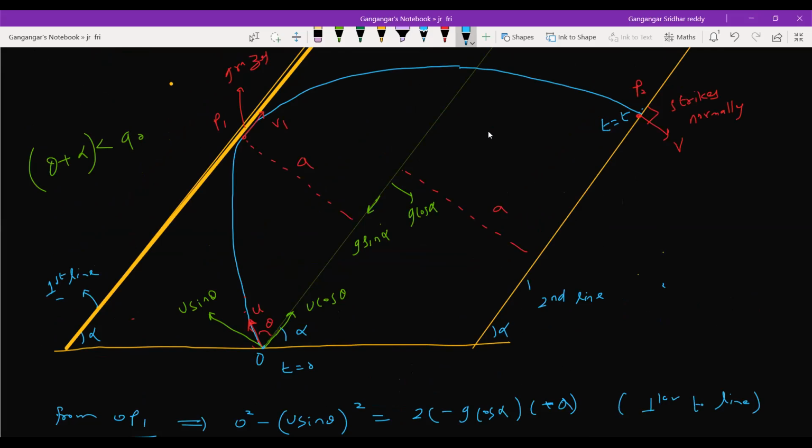I think just look at one's equation. It grazes, no? Grazes means the velocity will be parallel to the incline, parallel to the line. Then I'm applying perpendicular to the line. So what is the perpendicular component here? It will be 0. So 0 square. I wrote here in the bracket perpendicular to line.